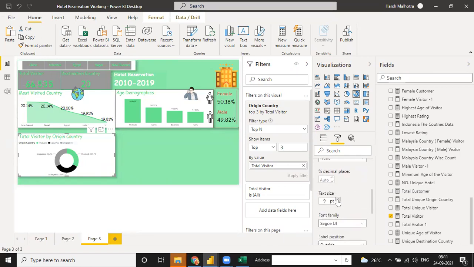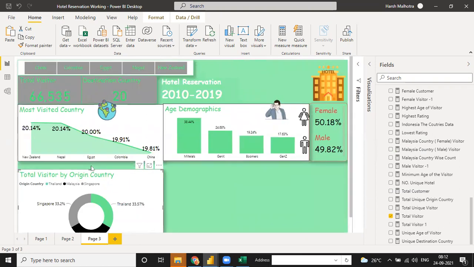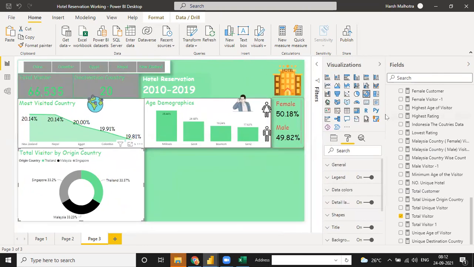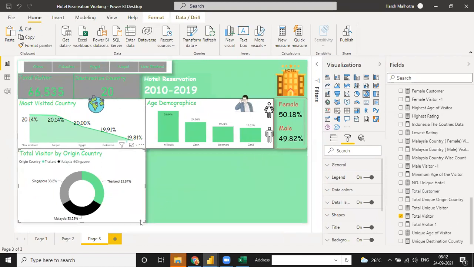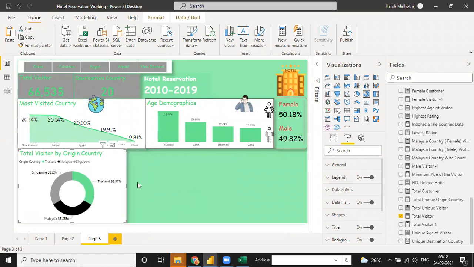Now the text size is increasing. Okay, so your first is done. Now we have to make the other, means copy and just paste it.